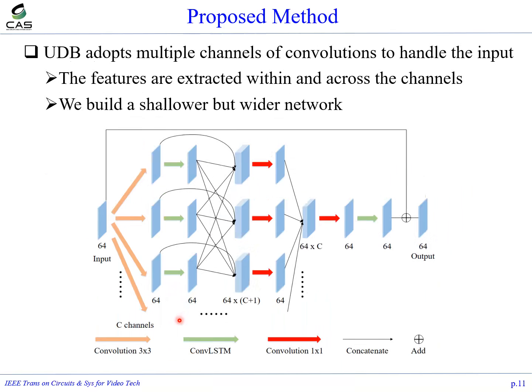This figure shows the structure of UDMB. We first adopt multiple channels of convolutions to extract hierarchical feature maps from the input separately. Then, we set convolutional LSTM modules in these channels to extract rather self-independent features and reserve memories. Later, features across all channels and inside each channel are concatenated and convoluted to further enhance the extraction and fusion. At last, features from all channels are merged into one single channel, convoluted and added by the input through the